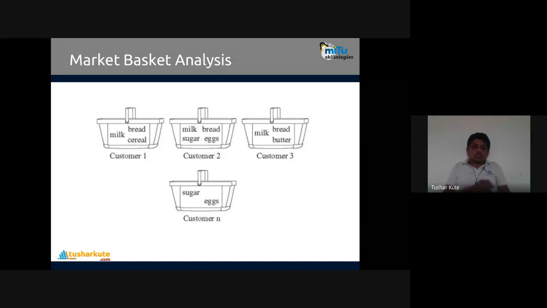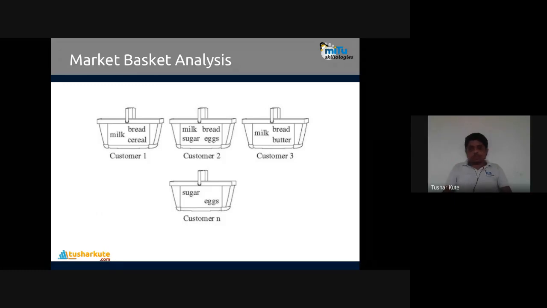Now observe everyone's basket. Here there are only a few, but we may have thousands of data, lakhs of entries present in it. That may be possible. So in that case, what to do? That's what we have to remember here. So let's see. If you observe it, when you are purchasing milk, you are purchasing bread also.